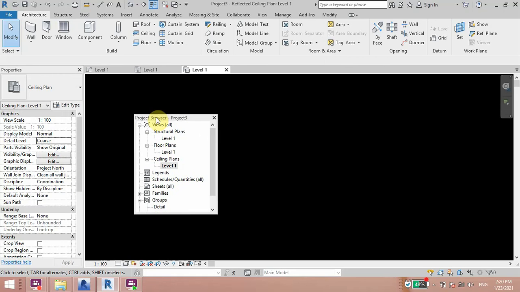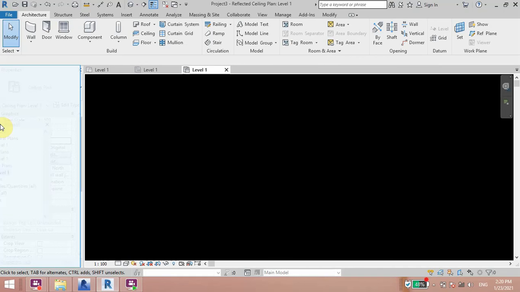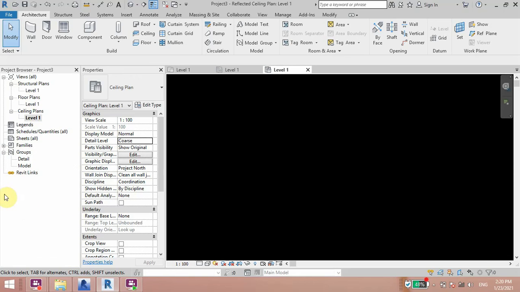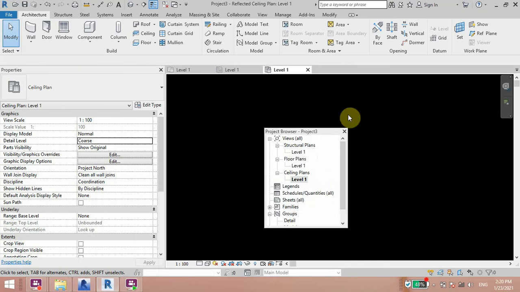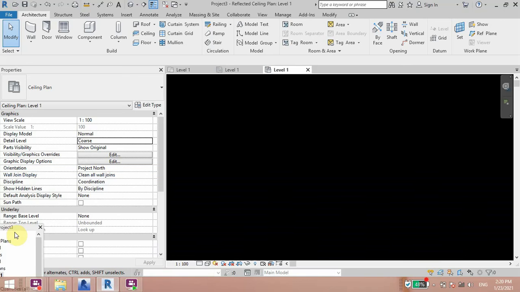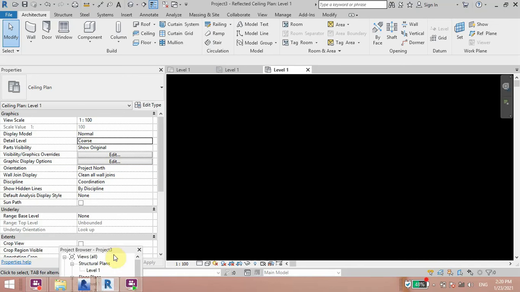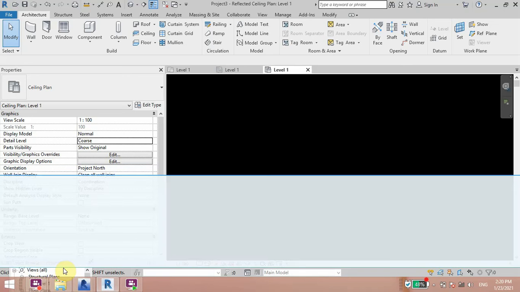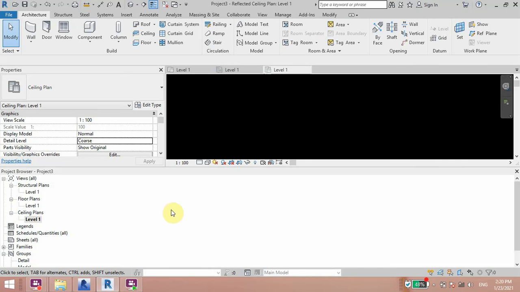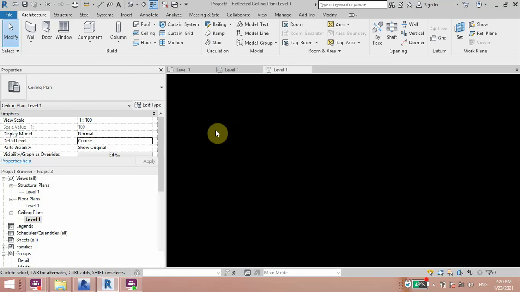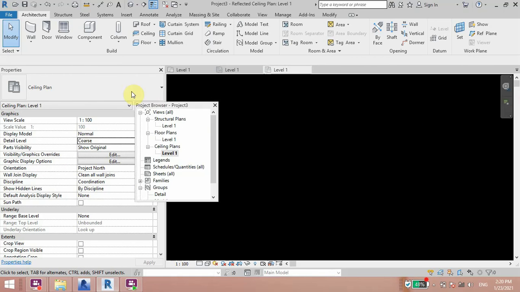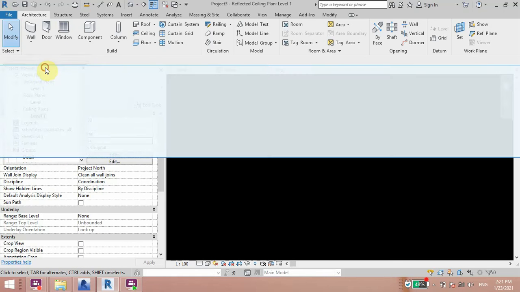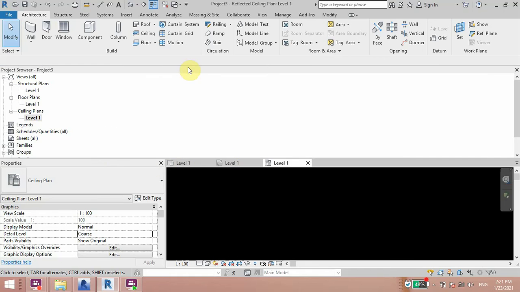It can be moved near the Properties, or moved to the bottom, or above.